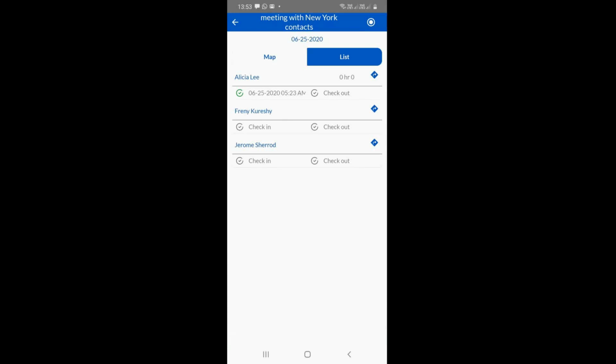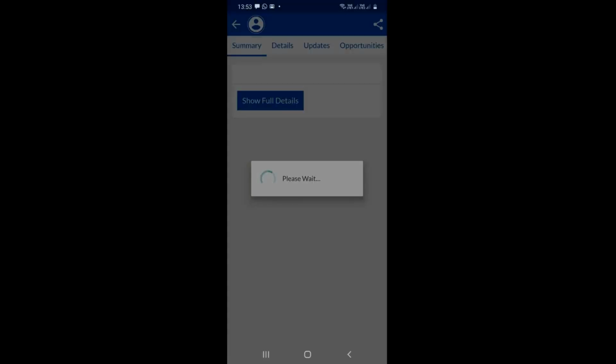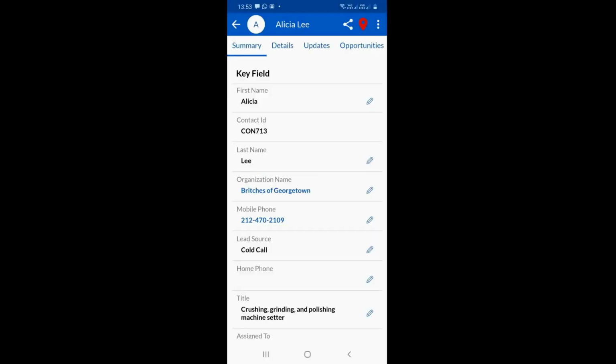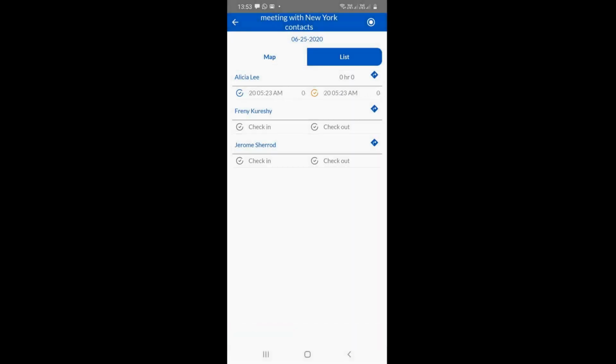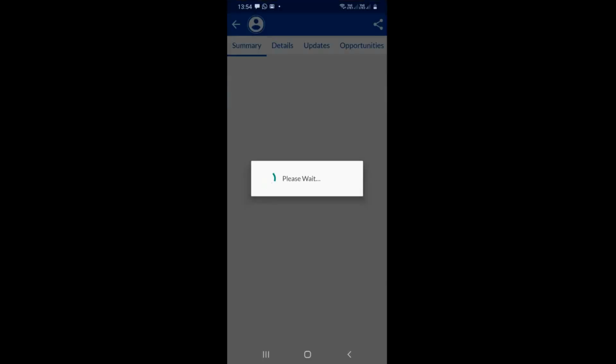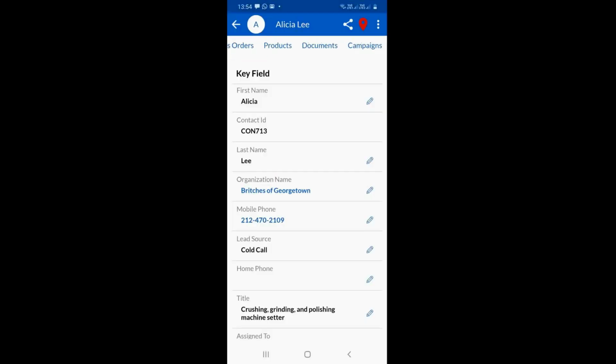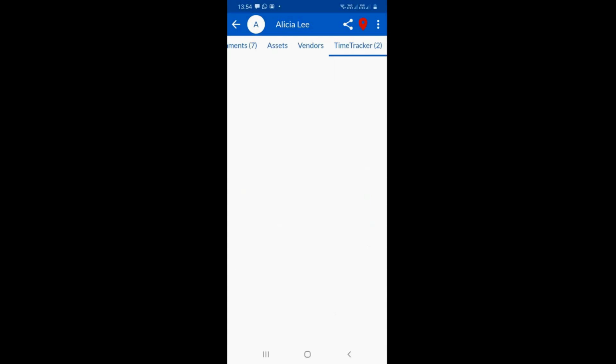Once he ends the meeting, he simply has to click on check-out. Once he clicks check-out, this will be stored against the contact. So if I go to the contact by clicking here, there is an option of time tracker as well.